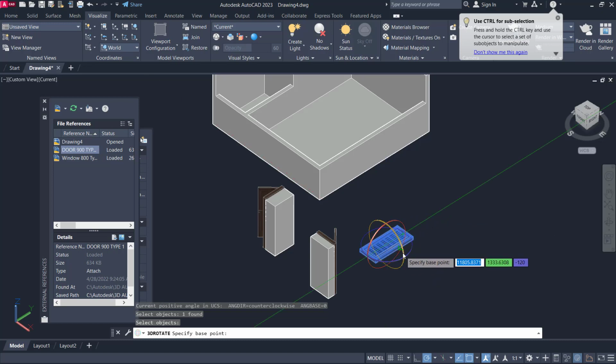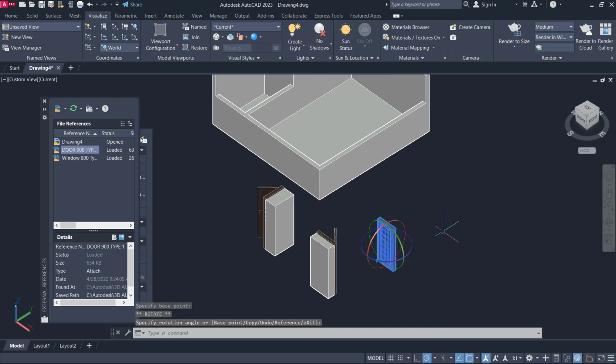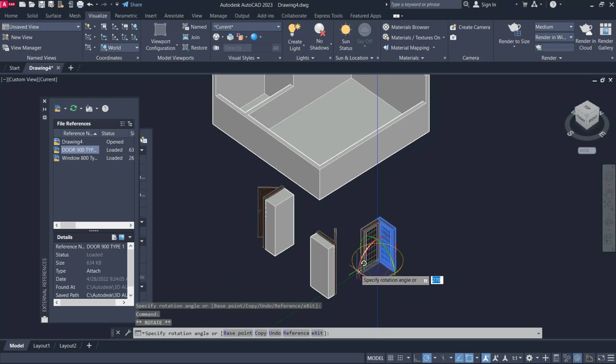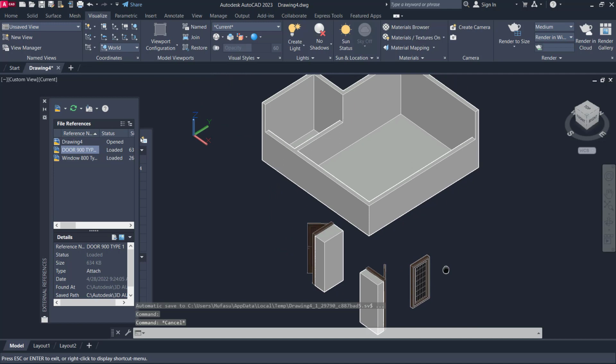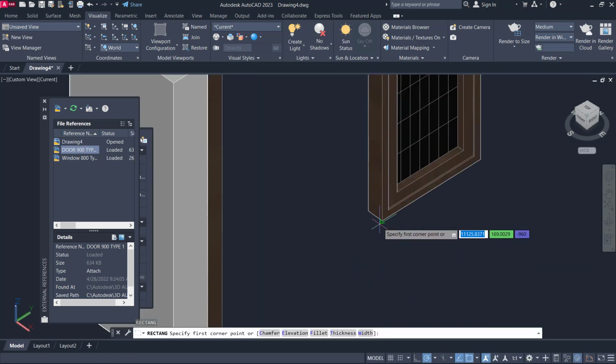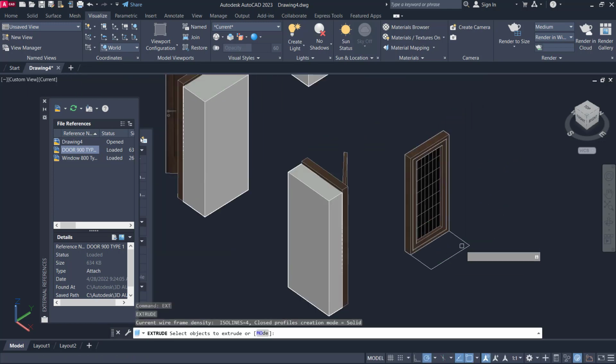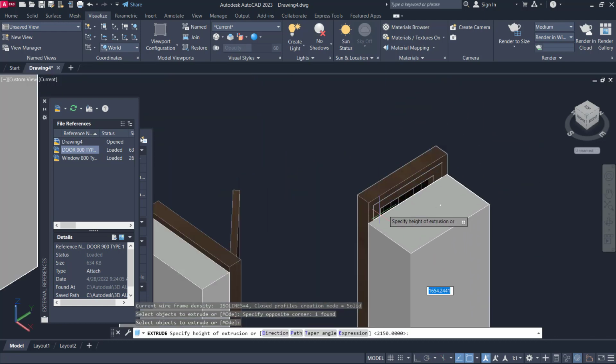I will rotate in the right axis 90 degrees and rotate in the blue axis to this point. Okay, this is for window. We can attach this window in this area, so you can create a rectangle from this point and use the extrude command to extrude to the top.